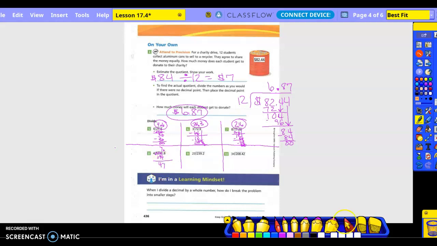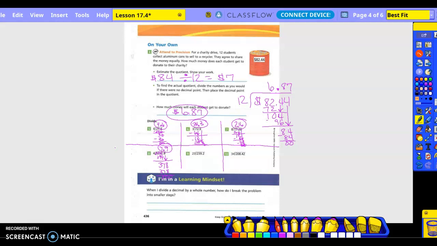Oh, 13. Yeah, sorry. No, 12. Okay, so 3, and bring down the 8. So how many times does 42 go into 378? 9. Okay, let's try 9 and see. If it doesn't work, then we can always go back to the 8, right? Okay, 9 times 2 is 18. Mentally carry the 1. 9 times 4 is 36, plus 1 is 37, okay, nothing left over. So our answer is